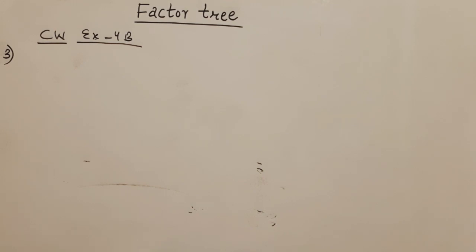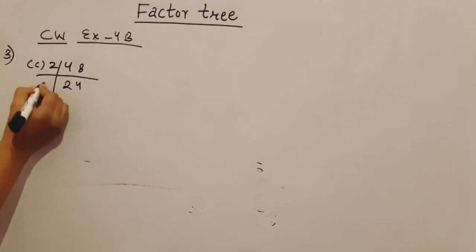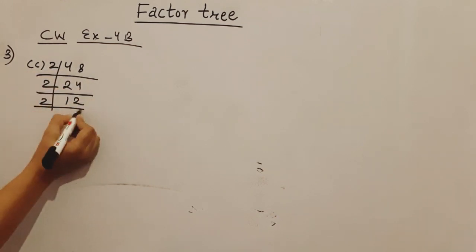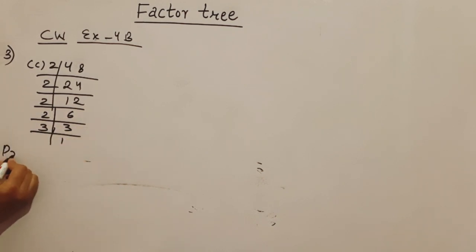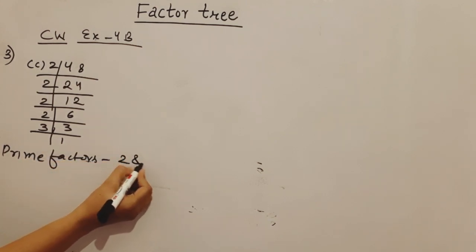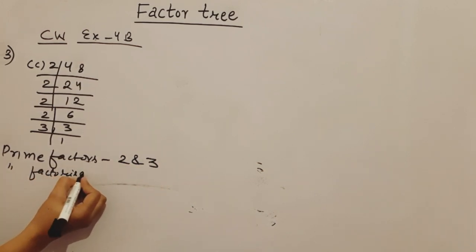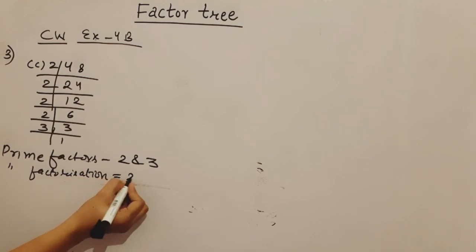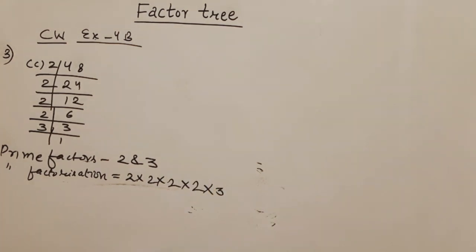तो आपका C option is 48 and D option is 60. फर्स्ट और सेकंड ऑप्शन will be your homework. तो मैं C option करने जा रही हूँ, that is 48. So 2 24s, then 2 12s, 2 6s, 2 3s and then 3 1s 3. तो प्राइम फैक्टर्स इसके कौन कौन से हो गए? Prime factors are 2 and 3. If I talk about the prime factorization, so the prime factorization of this number is 2 multiplied by 2 multiplied by 2 multiplied by 2 multiplied by 3.